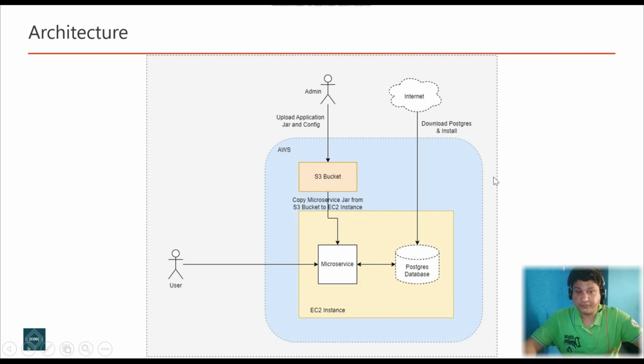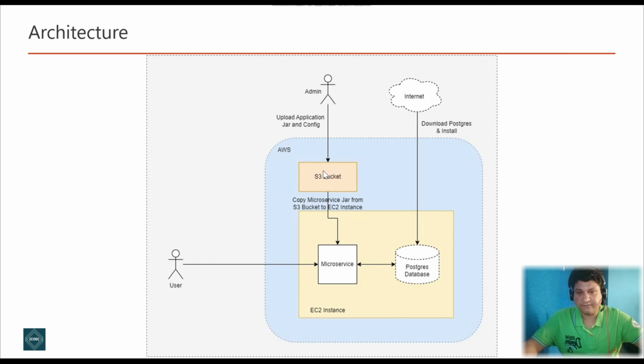Okay friends, before we proceed in this video, let me explain with the architecture diagram what we are trying to achieve. The blue area you see here is the AWS environment. Then this pink colored box is the EC2 instance. It's a virtual machine that we have. In that virtual machine, we are going to run microservices, and in the same box, we are going to run the Postgres database. Before that, we will create an S3 bucket,